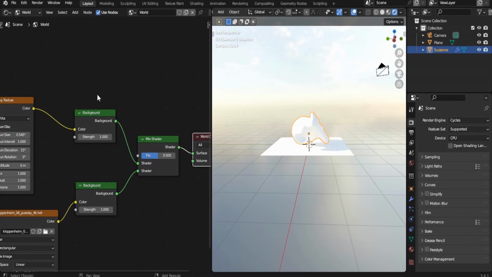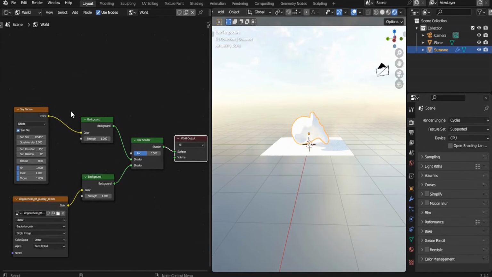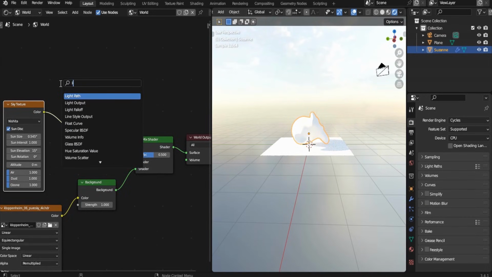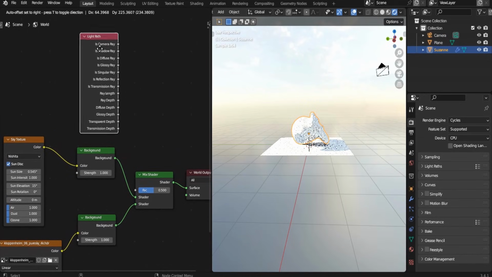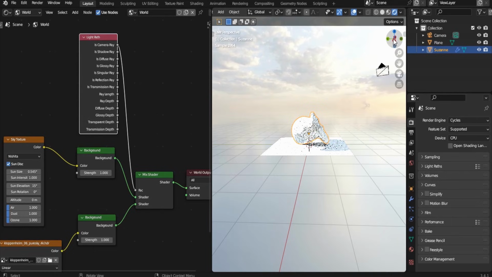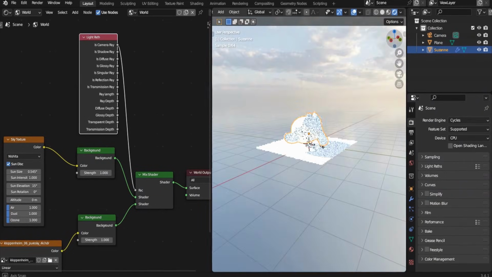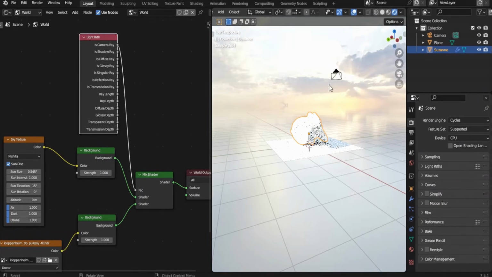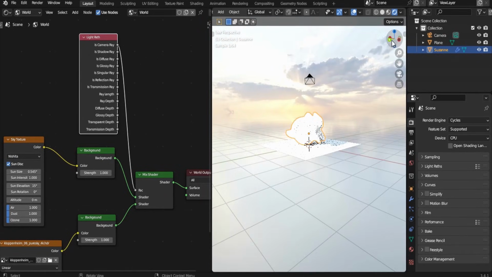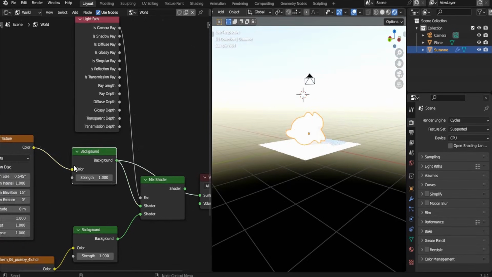Now, we have to remove the sky texture from the background. To do so, I'm going to use a node called Light Path node. Plug the Is Camera Ray output into our factor. Now, you can see that our scenes are mismatched. We have to match them. So, the easiest way that I found is using Shift and right-click where your HDR scene is located, then preview the sky texture, turn the strength down,